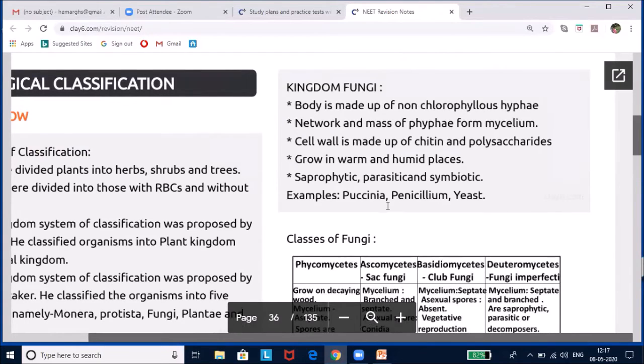So plasmogamy refers to fusion of the protoplasm. So when 2 hyphal strains of fungi come together, then their protoplasm will fuse, that is called as plasmogamy. Later on, the nucleus will fuse, resulting in karyogamy. And finally, the meiosis is seen in the zygote, which results in the formation of haploid spores.